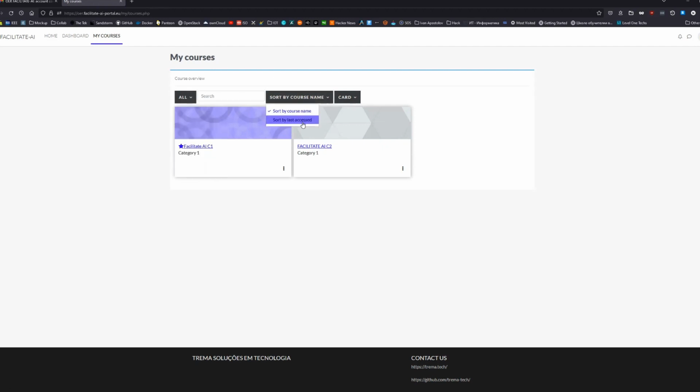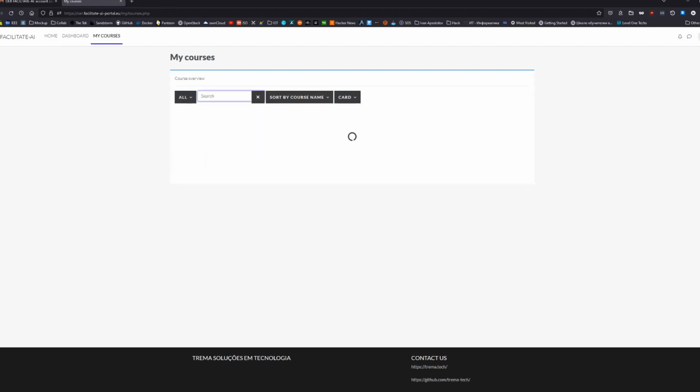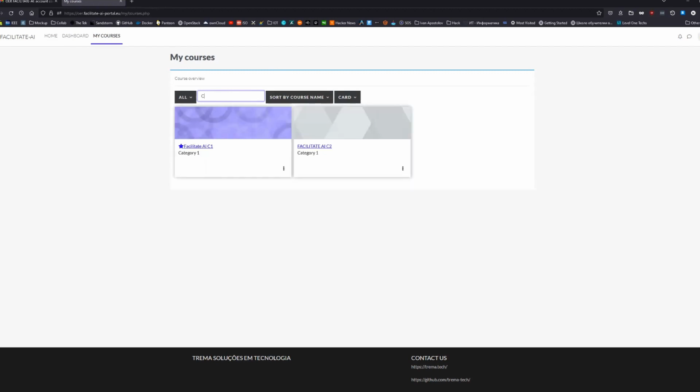And I can sort them by course name or by when I accessed them. Or I can use the search engine and find some courses. So I type C1, the C1 is present. If I type C2, the C2 course.